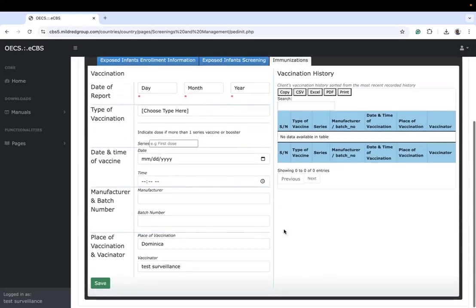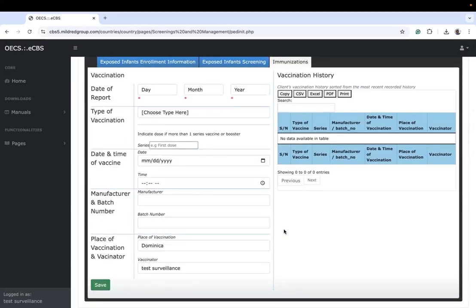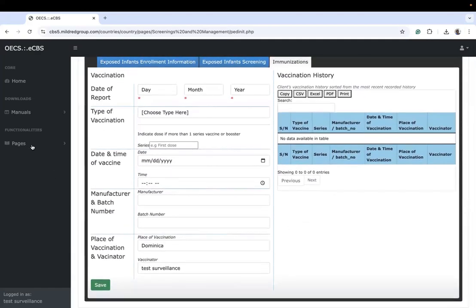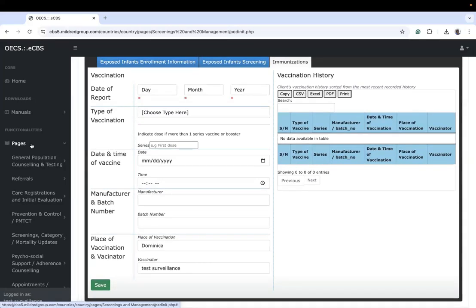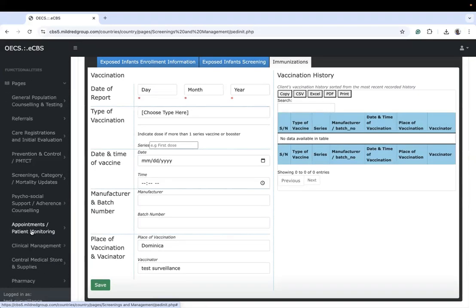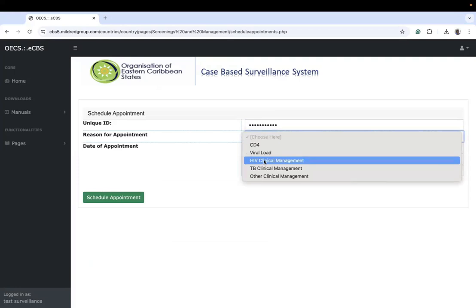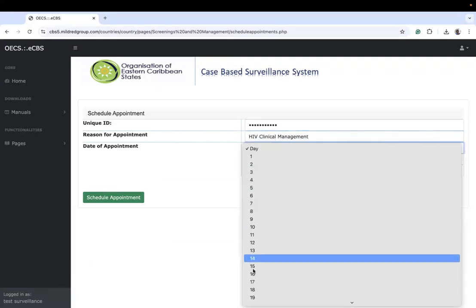Then the immunizations. Here you record all of the vaccines that are given to the child whenever there is a vaccine given. And once this initial evaluation is done, you can go through the process of adherence counseling for the child and for the child's caregiver, and then select an appointment and then come to clinical management. Let's see whether we can get an appointment here. DUM 88F 0201. The reason for appointment is HIV clinical management, and